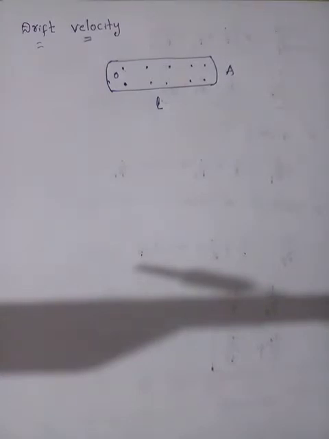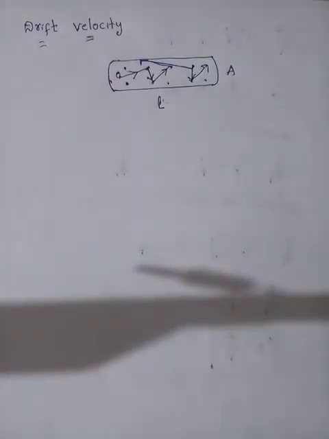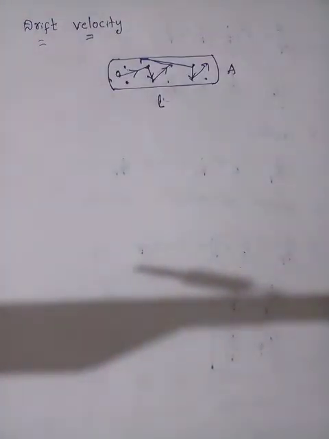What happens if you give potential to the battery? See here, this electron will move in random motion. For example, it strikes this surface and moves to this one, and again strikes this one and comes back here, and again strikes this one, so it moves in different directions. Not only one electron, if you take all the electrons, they move in random motion, so the